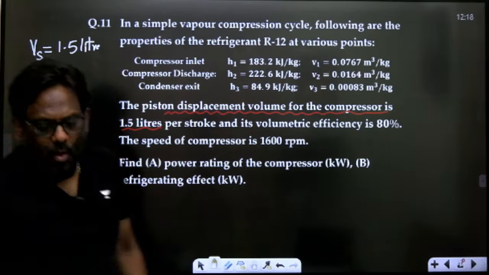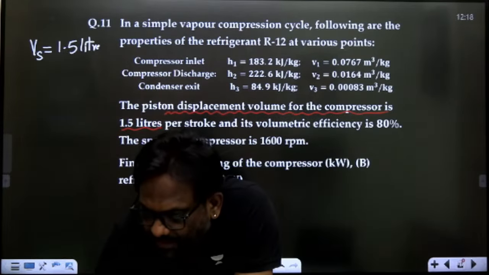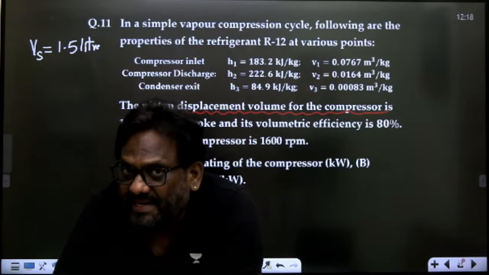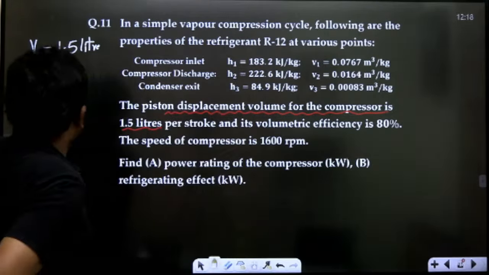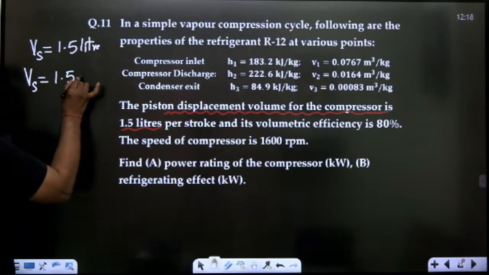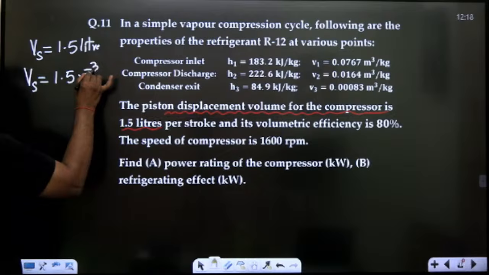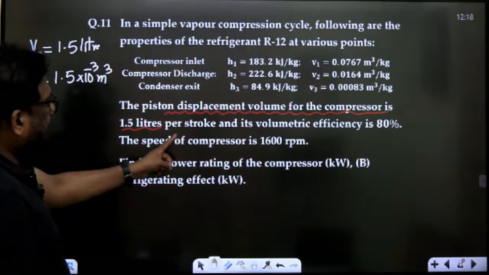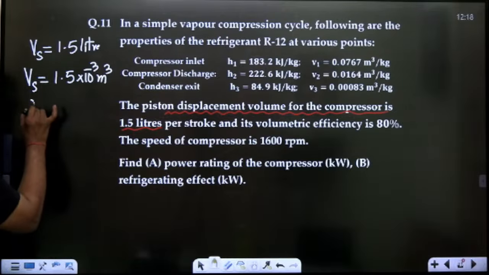You know very well, what does 1.5 liter mean, sir? 1 liter is 10 power minus 3 meter cube. So therefore 1.5 liter is 1.5 into 10 power minus 3 meter cube. Okay sir. And the volumetric efficiency is